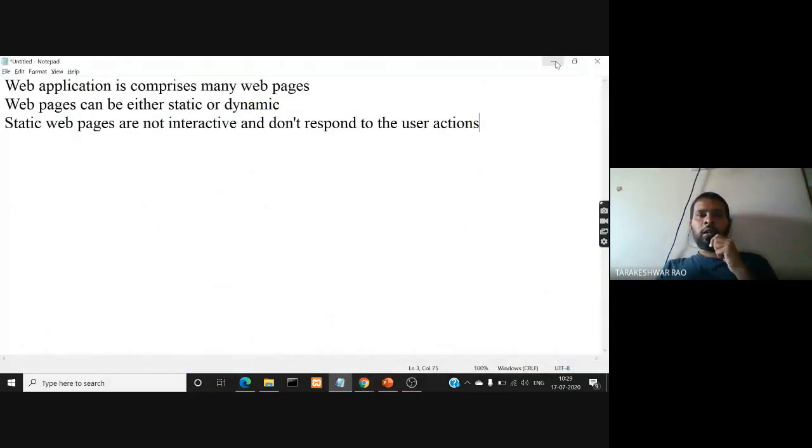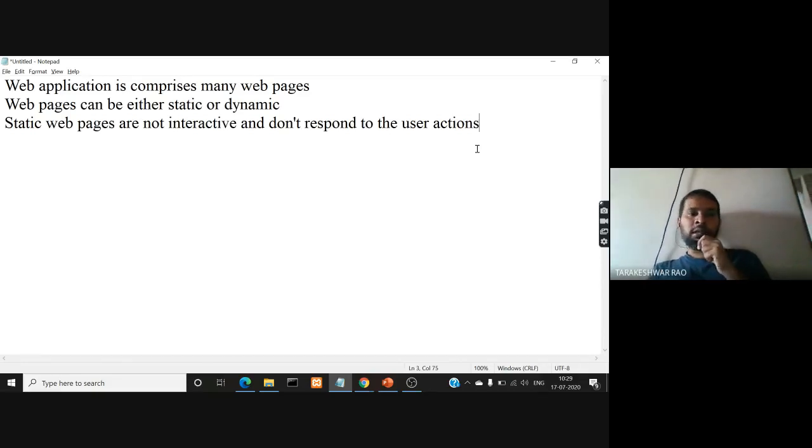But sometimes what will happen is in a web page, for example, you are logging into your Gmail application or Amazon application. You'll enter your username and password and click on the sign in button. Then soon after you click on the sign in button, if by mistake, if by chance, you have made a mistake in the password or the username, what is the page going to respond to you back? It will say invalid username or password. Please try again. So how is that response generated?